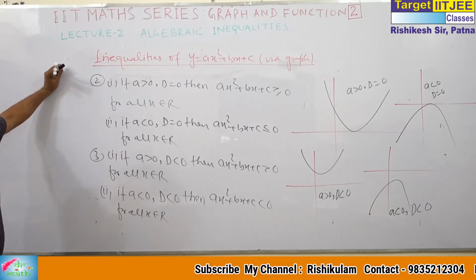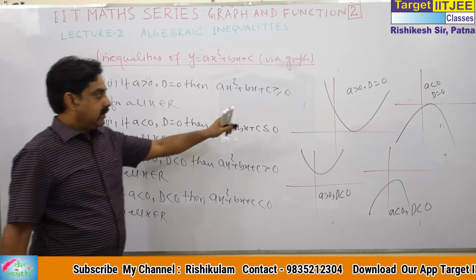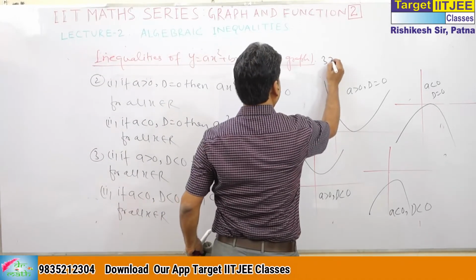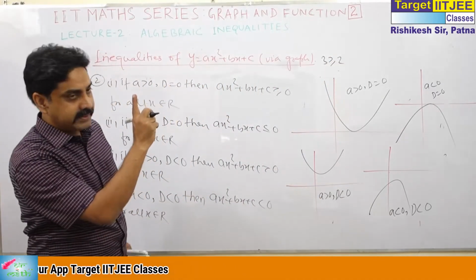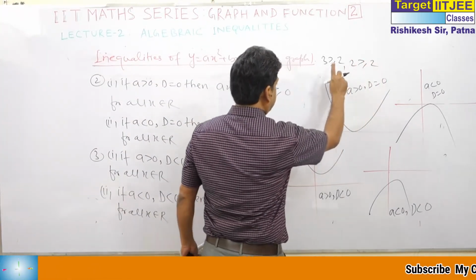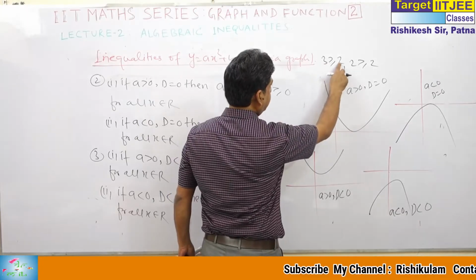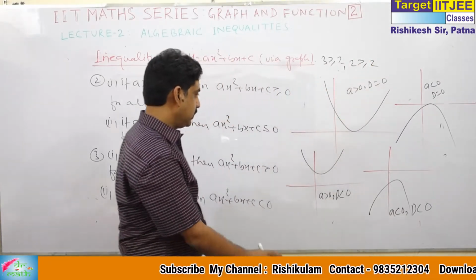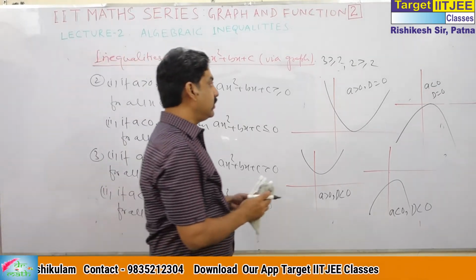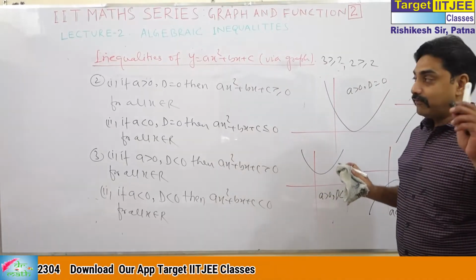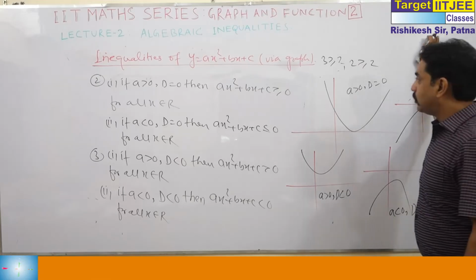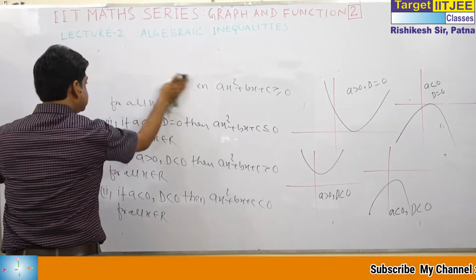This is important. Now see, there is a difference of only the sign of equality. 3 greater than or equal to 2 is also a valid statement. 3 greater than 2 is correct. And 2 greater than or equal to 2 is also correct, because 2 is equal to 2. So we combine 2 and 3 to get a new result, and that result is very important. If you want to write, pause and write.